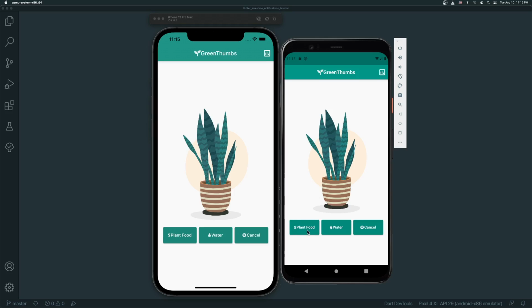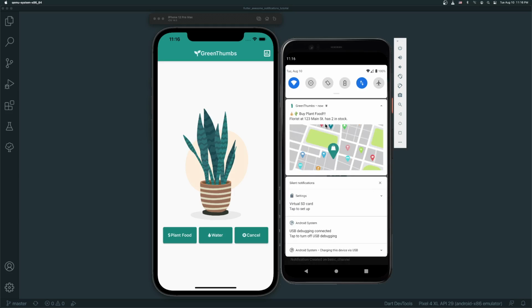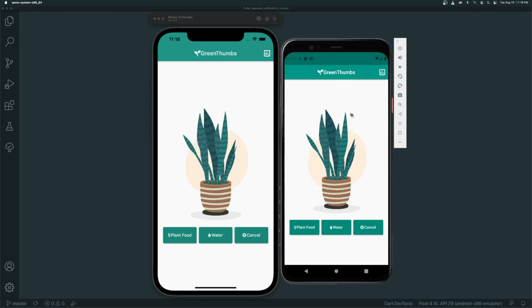Let's create the plant food one. And here we have all the same stuff, a title, some body text, and the large image of a map. And we also have a custom notification icon. If we go and take a look